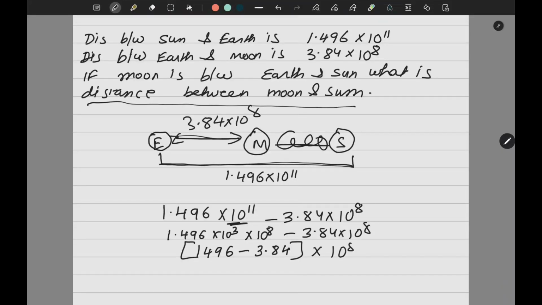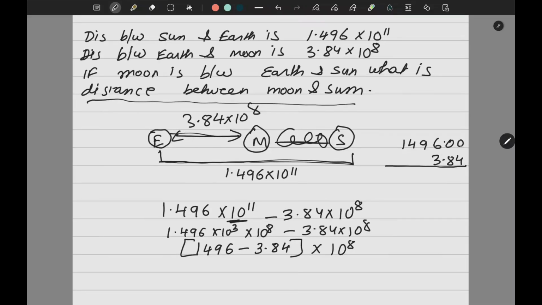into 10 to the power 8. Now subtract 3.84 from 1496. Correct? Now let me subtract. Now 10 minus 4 is what? 6. 9 minus 8 is what? 1. 5 minus 3, 2, 9, 4, 1. So I got 1492.16 into 10 to the power 8 or